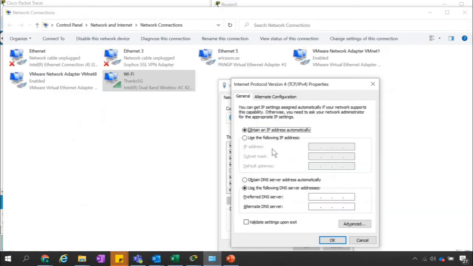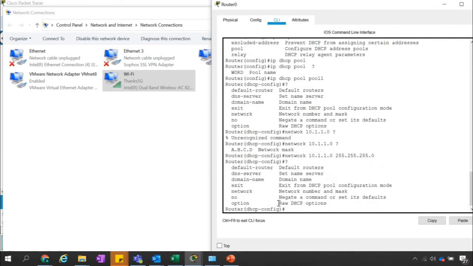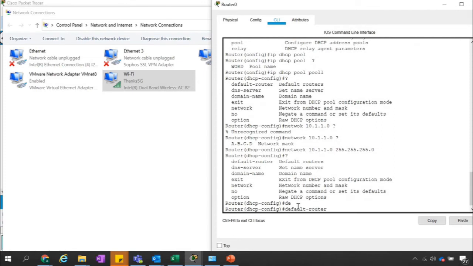And if I'm using this network, what will be the other things? There are three things: IP address, subnet mask, and the default gateway, right? You can put the question mark here. So default-router, let me put it here, 10.1.1.100, so that whenever the computer automatically gets an IP address from DHCP, it will set the default router as 10.1.1.100.